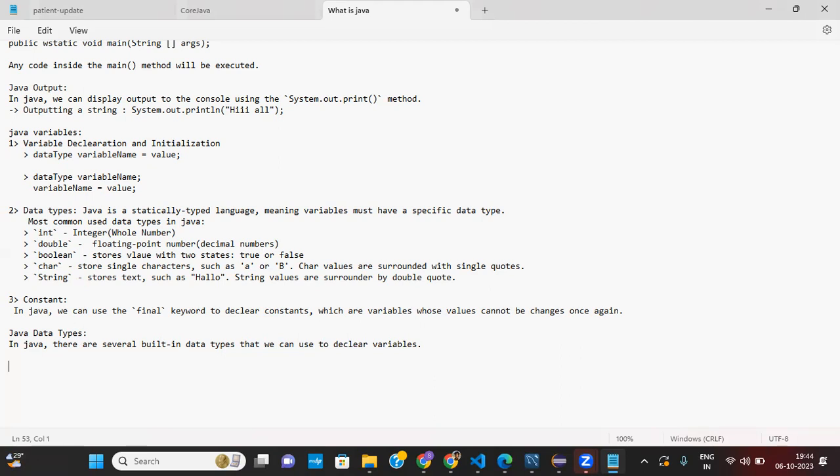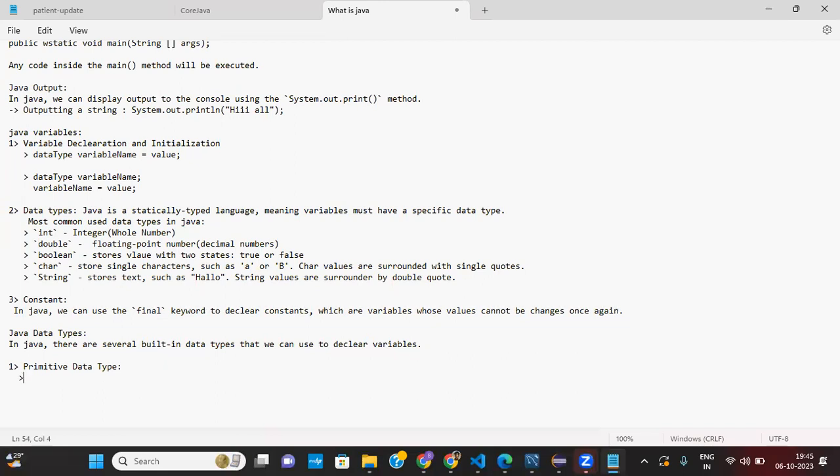In primitive data types, we have eight primitive data types. What are the eight primitive data types?